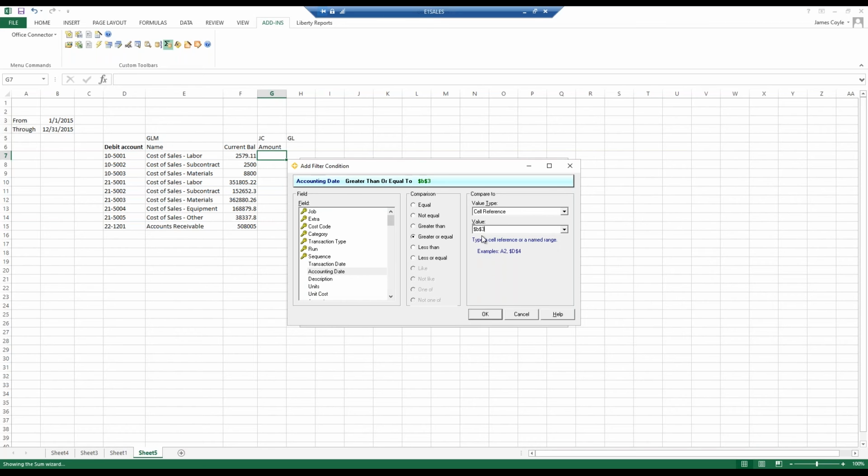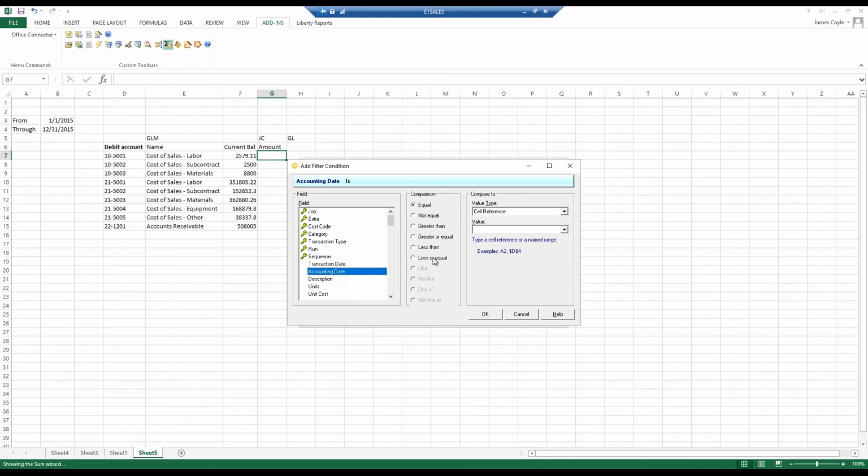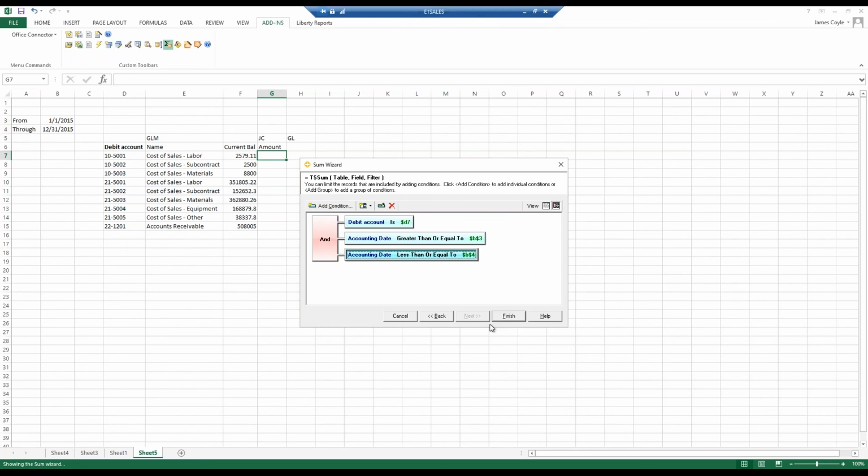Now, why am I putting dollar signs in front of both? Because when I copy this formula down, I still want the from date to always be B3, and that's how you do it with Excel. You may know that's a fixed cell reference. And I'll say that the accounting date's less than or equal to $B$4. I'm taking the time to show you this because the writing and importing